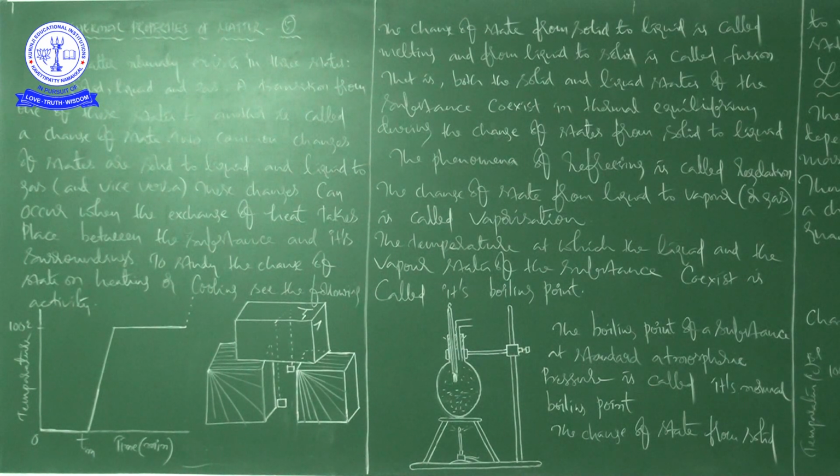But regarding the change of state, these all maintain a key role, because they tell us the physical state of a body, whether it is solid or liquid, up to what temperature. For example, if you take ice, if the temperature is 0 degrees centigrade or less, only then can you see ice cubes. If the temperature increases above 0, like 20 or 30 degrees centigrade, you can't see the ice cube; you see water, the liquid form of ice.